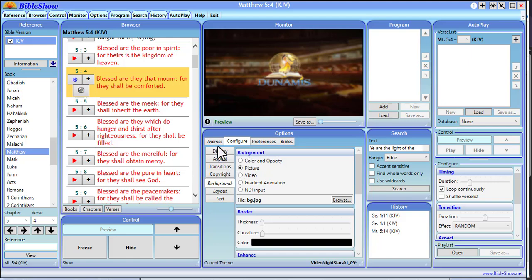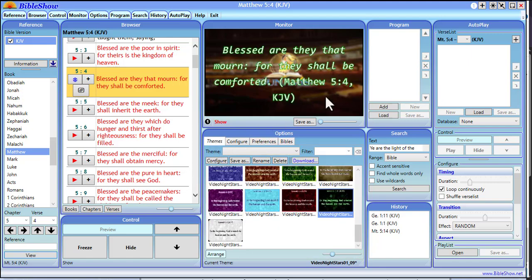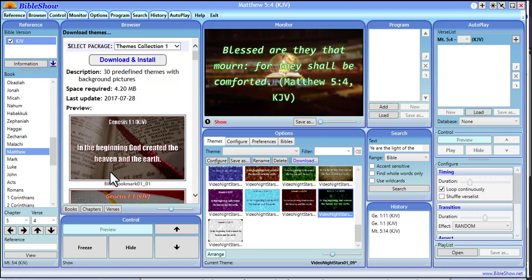So I've imported it again. So it's going to be here. Anytime you make a change, it's going to affect all of that. Now, if you want the scripture to be displayed at the lower third, let the scripture be somewhere here. All you need to do is click on download, and then you see all these